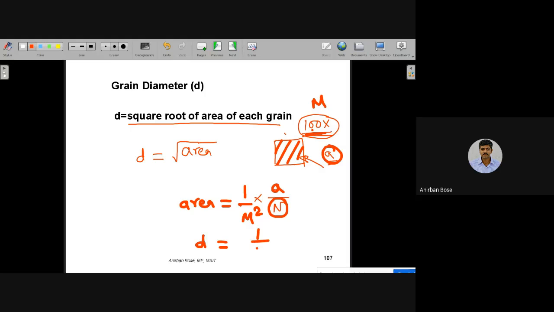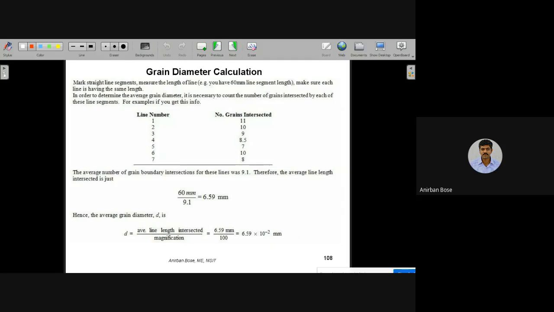So it is 1 by magnification into the square root of area divided by the number of counts at that magnification. This is the technique by which we can find out the diameter of a single grain. That is often considered as one of the parameters of the grain size. So this is one of the techniques. There is another technique to find out the grain diameter or the grain size, and that technique is by the line